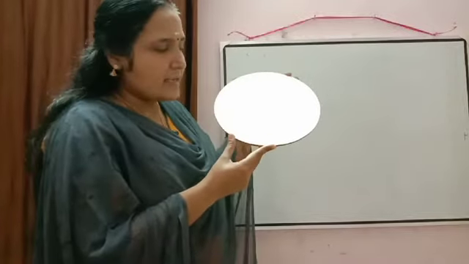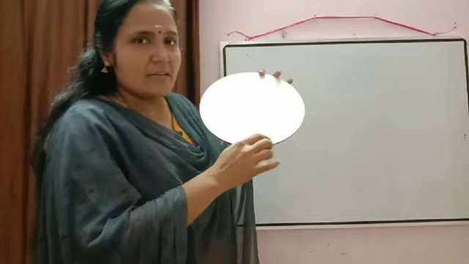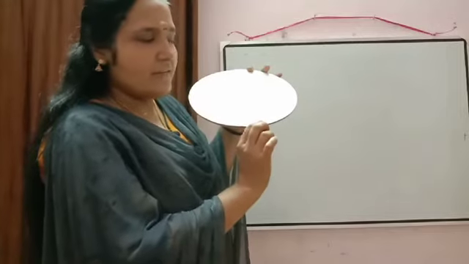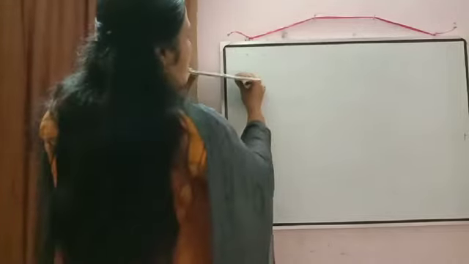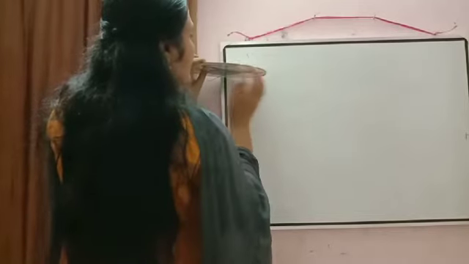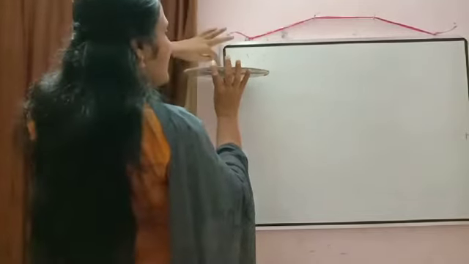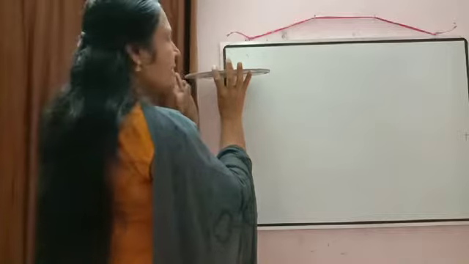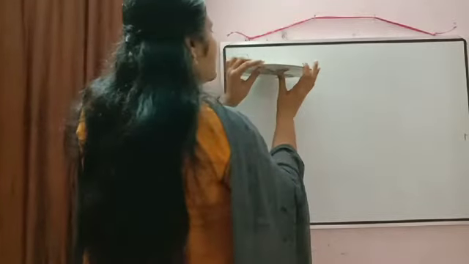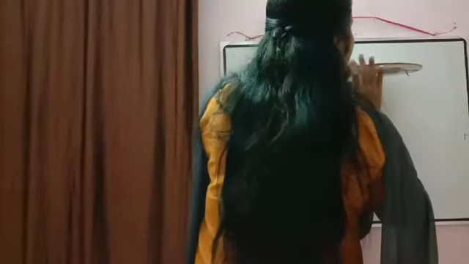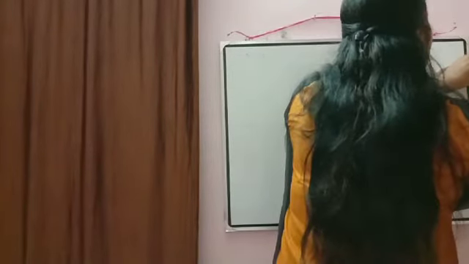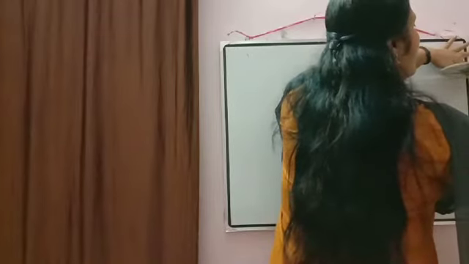Again I am taking this circle, and here one mark is there, which I am considering as my point to identify. Okay, so first I kept the circle in this way. This is my starting point. Now I will rotate this until I get this point again. I am rotating the circle in this way till I cover one revolution, one round. So one round will be over at this point, and I am getting the point again here.